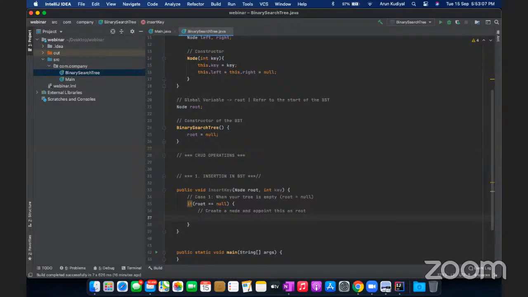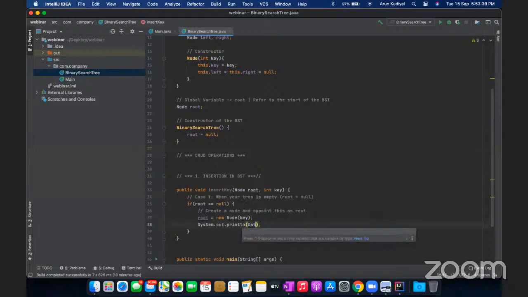Guys, yes? So now just have a look. What I'm going to do is very, very simple. You can do the exact same stuff in C and C++. I'm going to target the root. The root is containing the first starting of your BST. And I'm just going to say equals new node, and I'm going to pass whatever value that I want. The value here is this key, and I'm going to pass this key in here. Does this make sense? And then what I'm going to say is System.out, I'm just going to say data, the data key